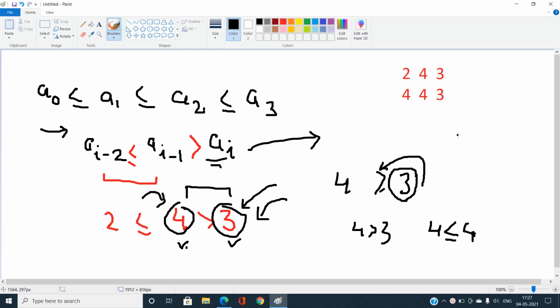Like consider this example, 4, 3, and suppose we have another 3. Now if we increase this 3 to 4 so that this pair is satisfied, it becomes 4, 4, and now this one is again 3.